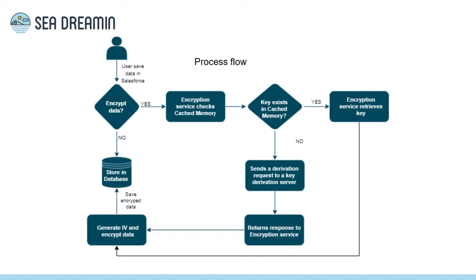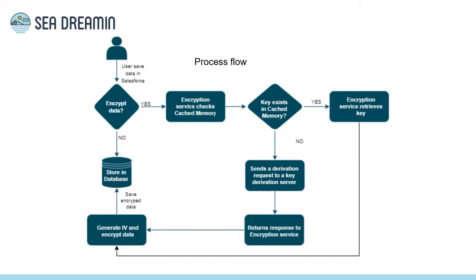So whether retrieving from the cache memory, or deriving, which means coming from the derivation service, after getting this encryption key, the next step is that the encryption service generates a random